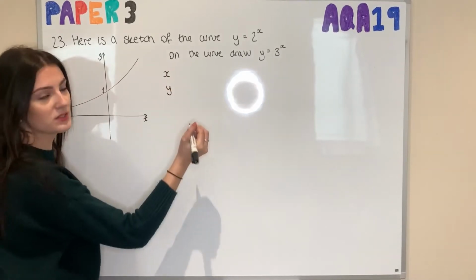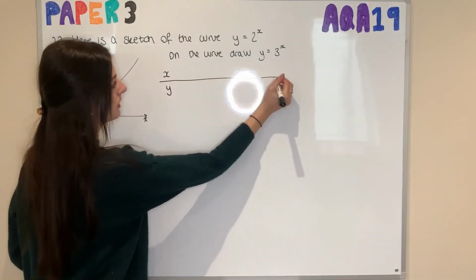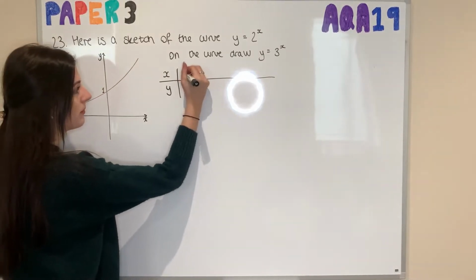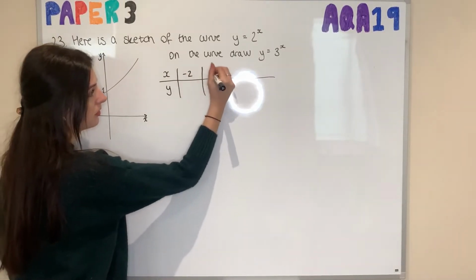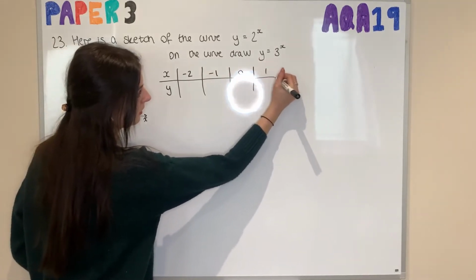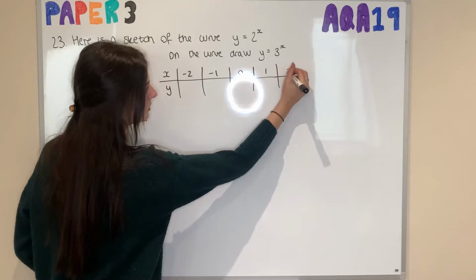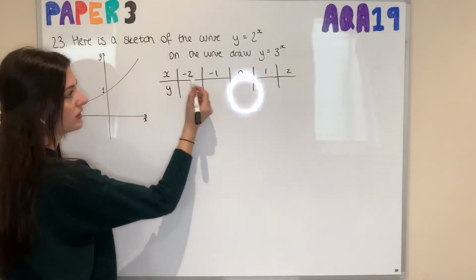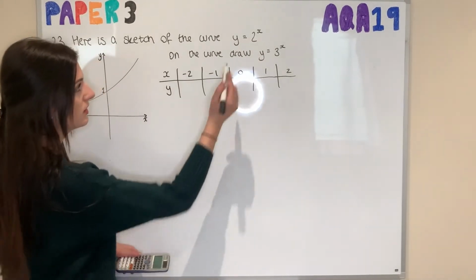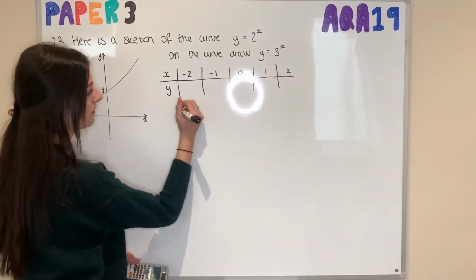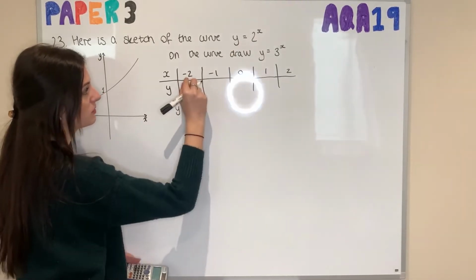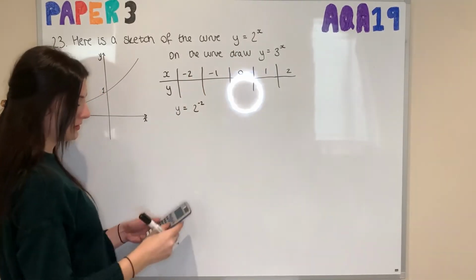The easiest way to do it is just taking some values of x. So for example, -2, -1, 0, 1, and 2. And then we substitute these values into this equation. So I'll show you how to do this and what I mean. So for this one, we have y equals 2^x. Then instead of x, we substitute -2. This gives us a value of,